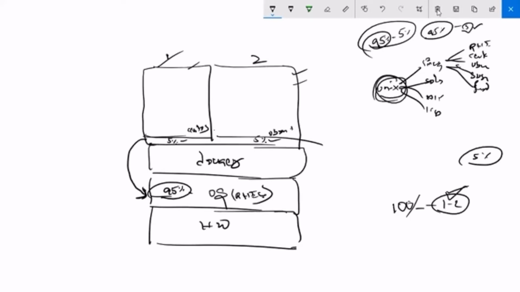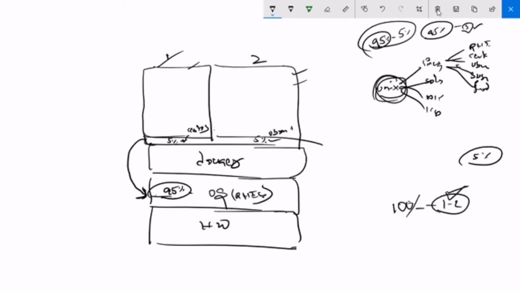It doesn't mean that it will not have any OS. It will have only that extra 5%, in fact that too 3 to 4% only. A small part of the OS. That's why generally we say that a container will not have any OS. No, a container will have an OS if you go deeper, but it's very, very small, so we generally ignore it. Understood, right? So this is what OS level virtualization is. We are virtualizing this OS, the virtual OS we are using in each and every container.